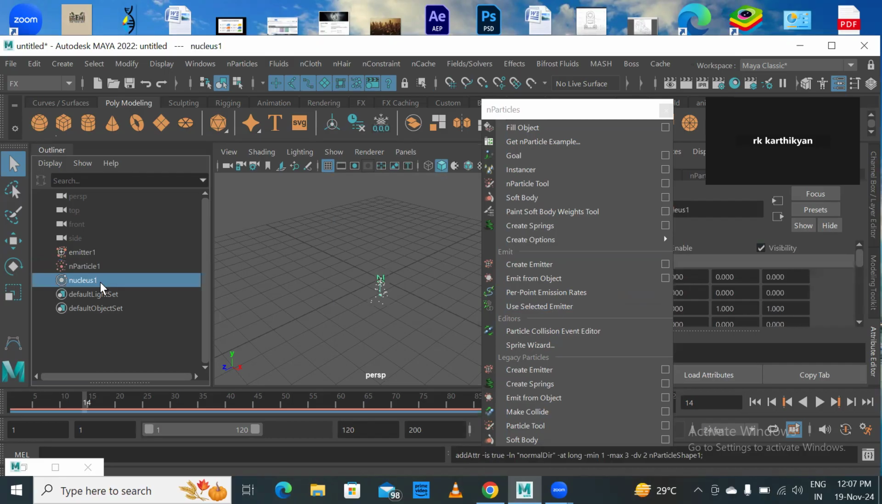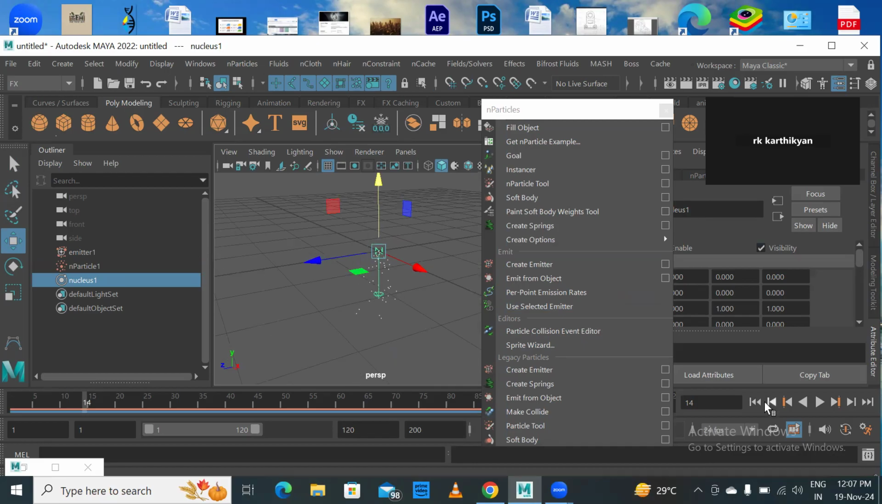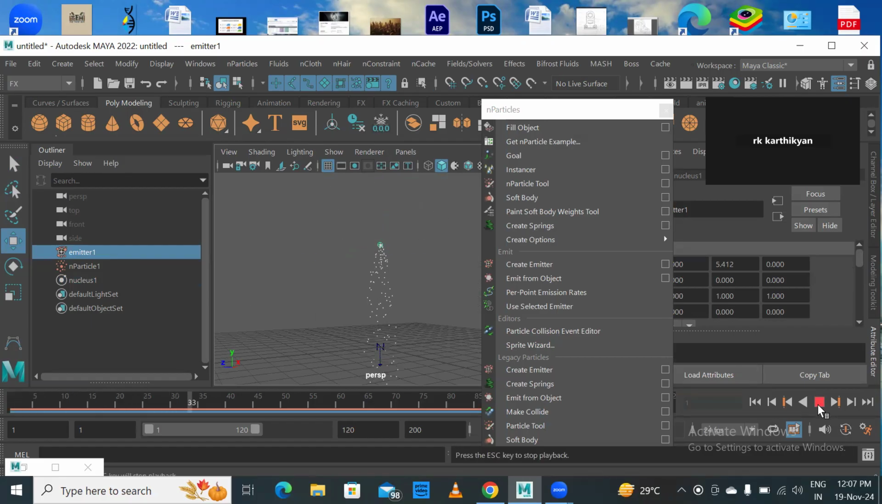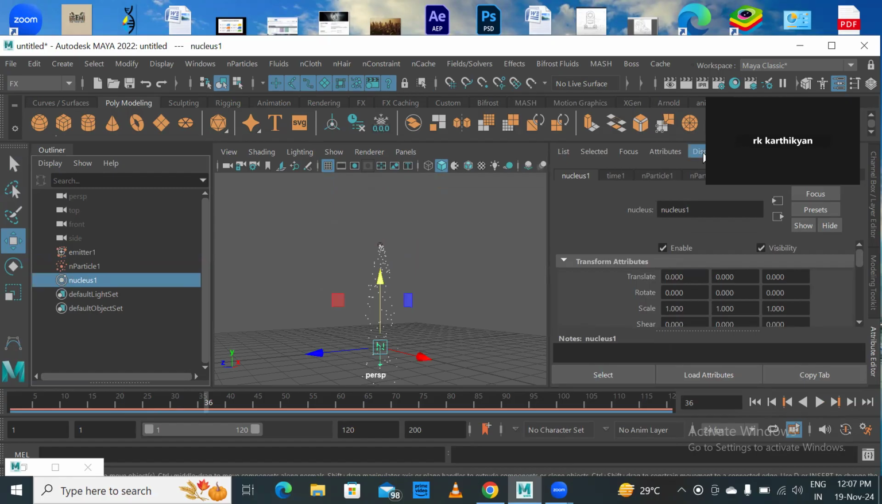called a nucleus. Nucleus is nothing but a solver. It means there's no need to create an external field for the nParticle. nParticle always has a field called a nucleus. In the attributes of the nucleus, you can control things. Now the particles are flowing downwards because of the attributes. Now you can see the nucleus and check the nucleus attributes